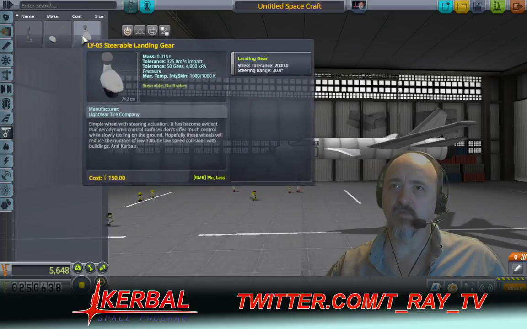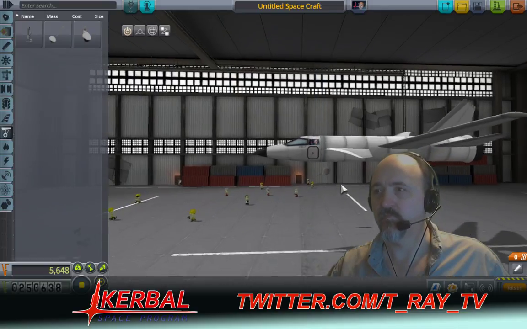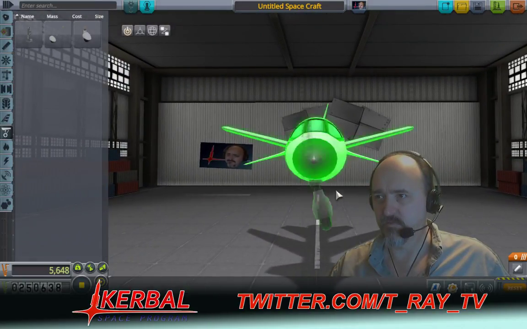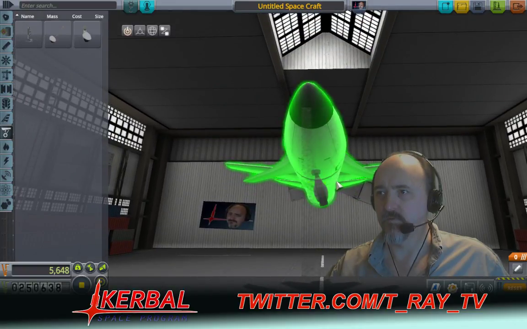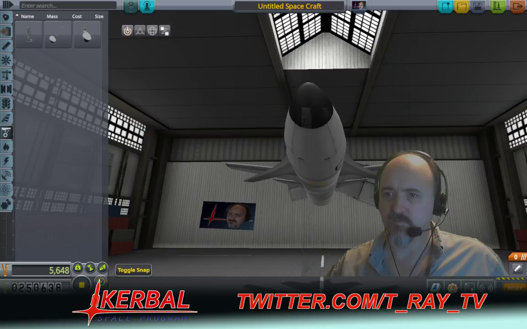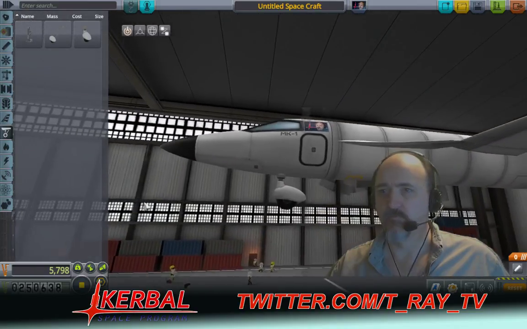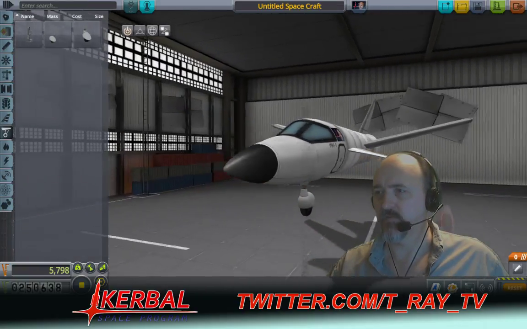What do we have for... Oh yeah, this is going to be a stable landing. Where do I want to put that? Guess I need to make sure that it's... I can't get it to go straight. Yeah, that worked. Oh, I need fuel tanks, don't I? I haven't even put the